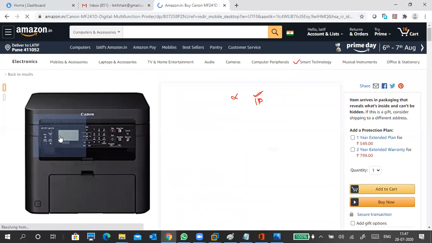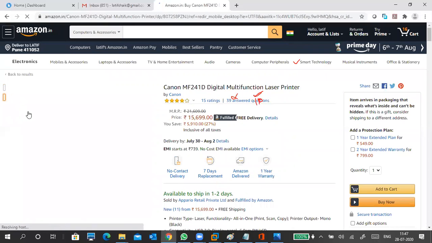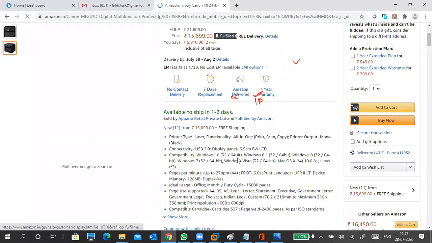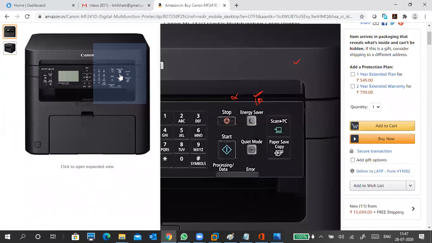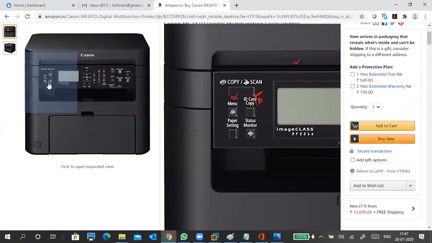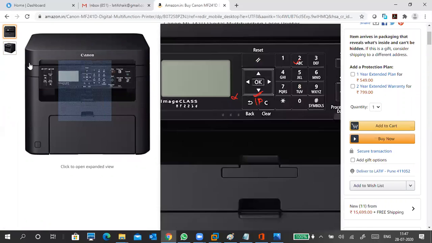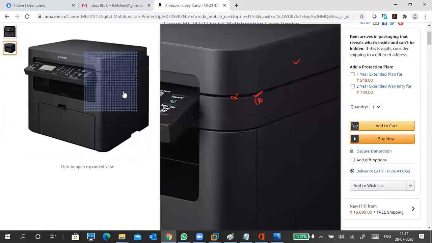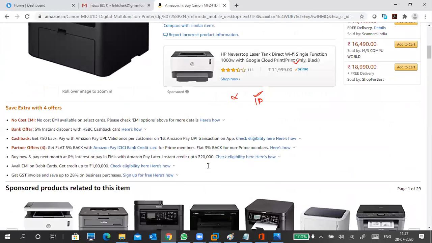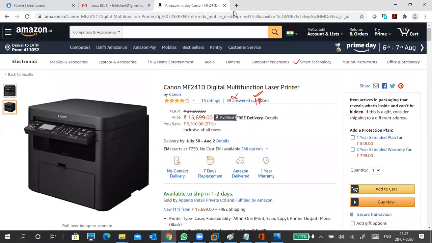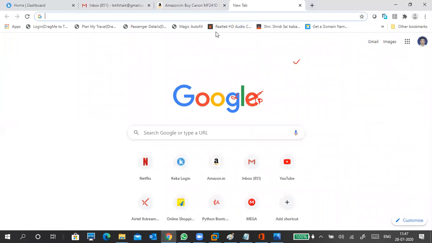I thought the printer's backside connection would show. It is not showing anything, only scan and copy things, only the tray box. It's a small printer. So I will search in Google to show you a picture of how it looks.